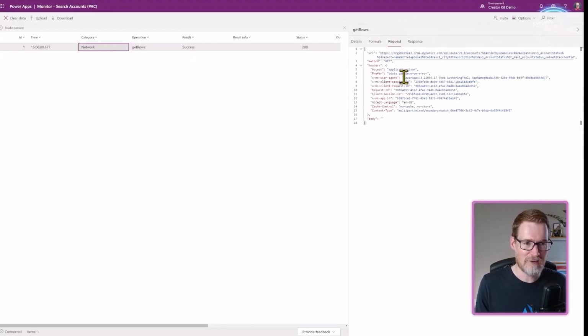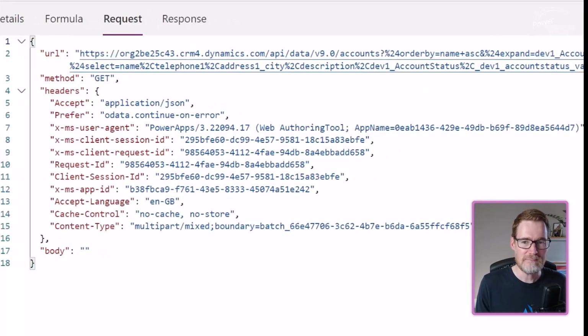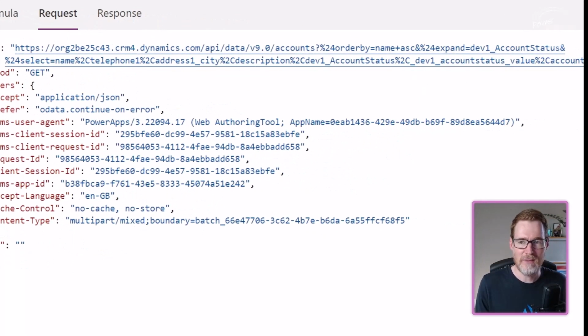So if we look at the request here, we are requesting the accounts, and we're actually sending an order by here by name ascending. And that means that that order by is always going to go across to the server, and it's going to be performed on the server.